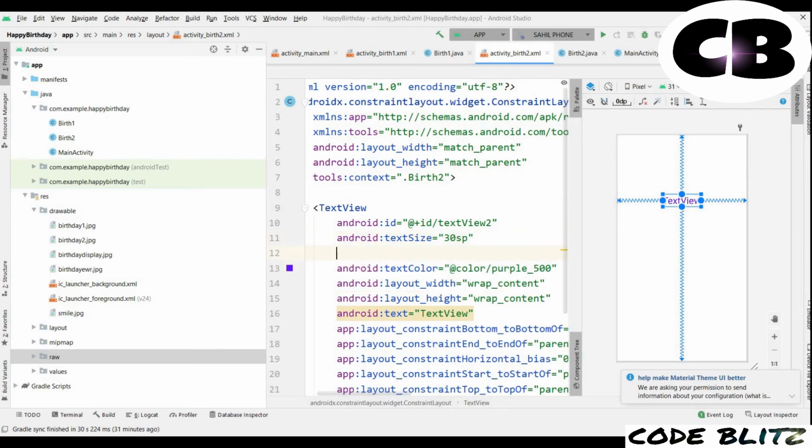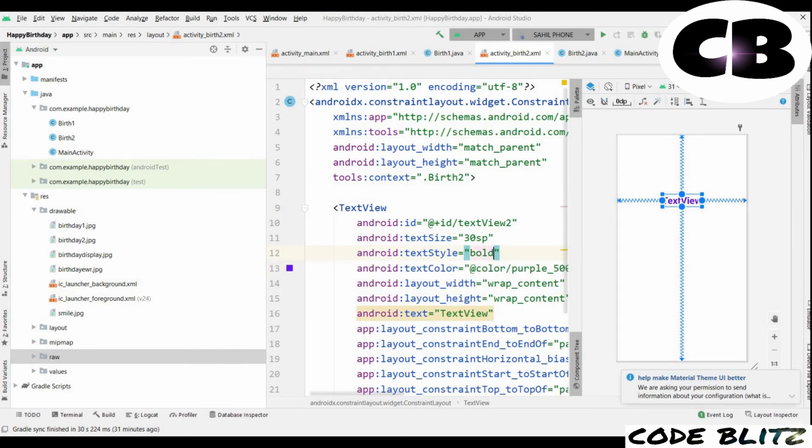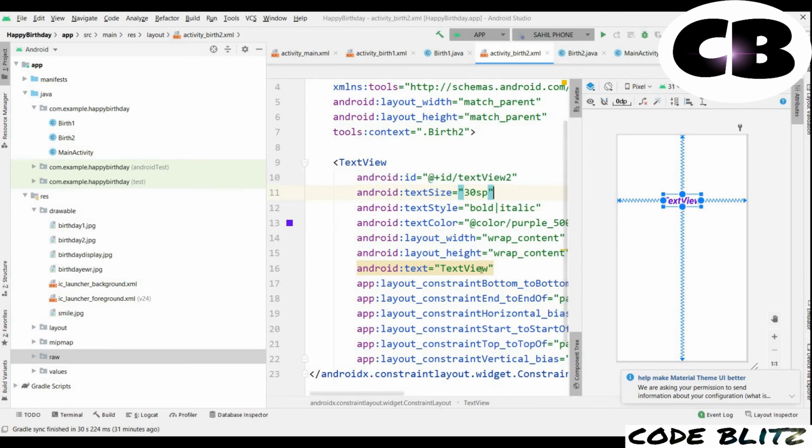You can also give text style. I want bold and italic. Okay, that's all. You can edit this as name.